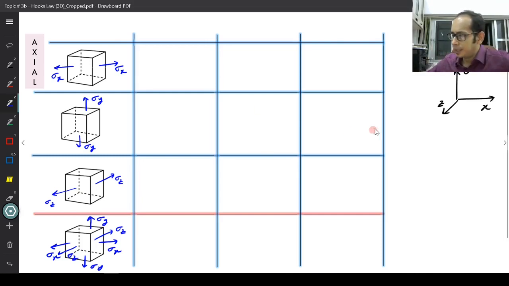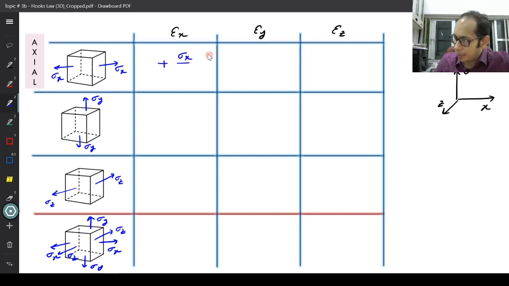What I'm trying to find is what are going to be my epsilon x, right? I have the stresses, I'm trying to find the strains. What is going to be my epsilon y and what is going to be my epsilon z, right? Let's look at the simple cases first. So in this one, for the first one, I know very well that my epsilon x simply from Hooke's law, remember Hooke's law is sigma equals E times epsilon, so epsilon x is simply going to be positive of sigma x by E,